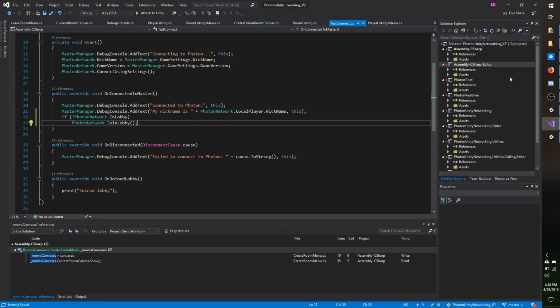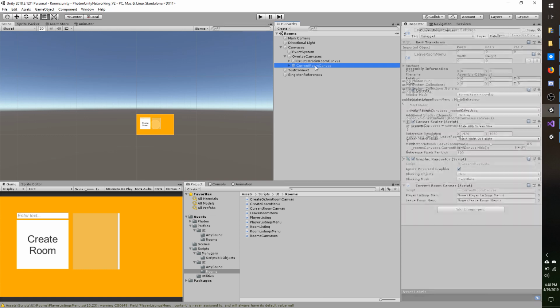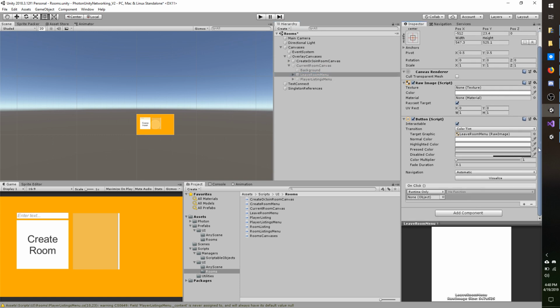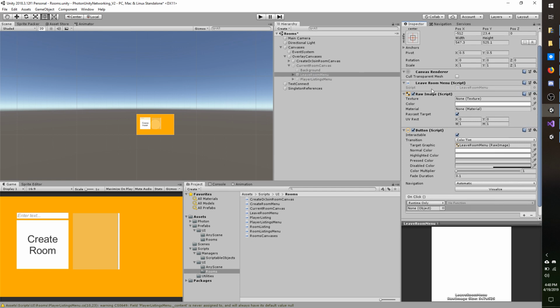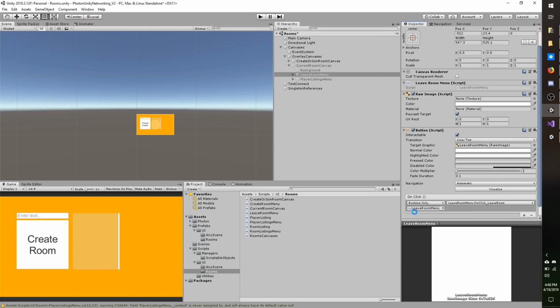So now I need to go hook up the button real quick. So I'm going to go to Unity. I'm going to go to my current room canvas and then leave room. I don't have any scripts on here, but this is where I'm going to put my leave room menu. So I'm going to add menu onto the end of that. I'm going to go down to add component, and I'll add on leave room menu, and I'm just going to drag it up to the top here. And then I'm going to take that script and then drag it into the on click for the button. And for no function, I'm going to go to leave room menu, on click, leave room,